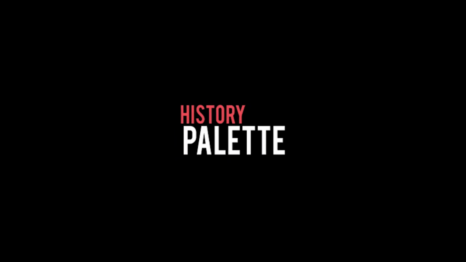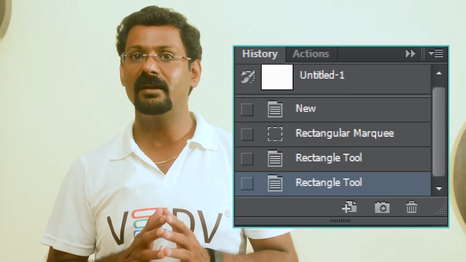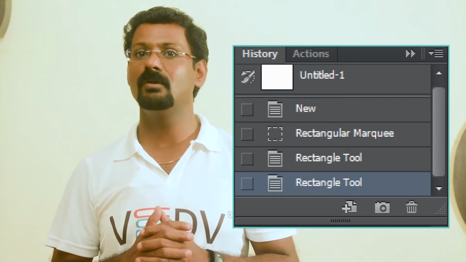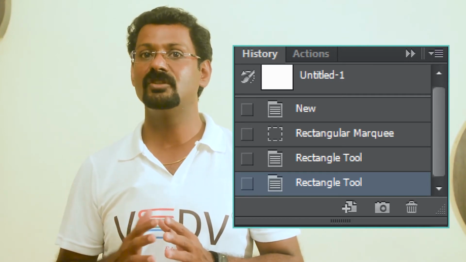History palette. The history palette stores and displays each action performed, allowing you to jump to any recent stage of the image alteration. The alteration should be created during the current working session. After saving or closing the document, the history palette clears all the contents. Each time you apply a change to an image, a new stage of that image is added to the palette. It is important to know that once you click on any of the previous stages, all the changes made after it will be lost.